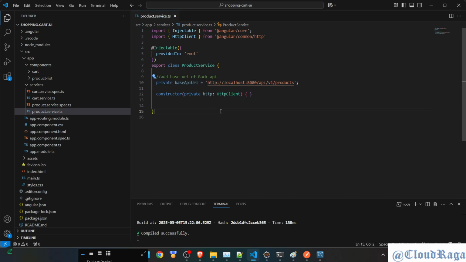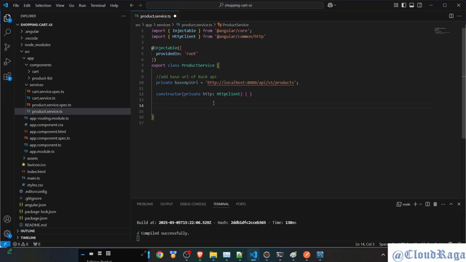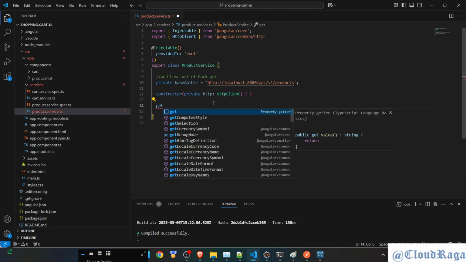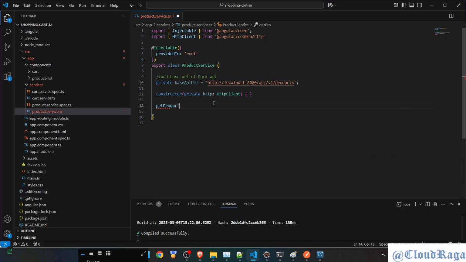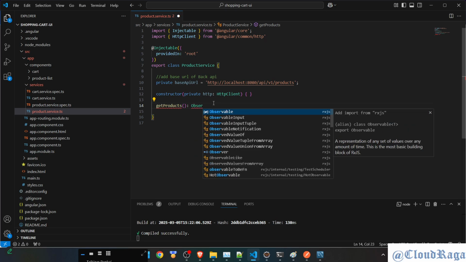Okay, so we have our base API URL ready. We have auto-wired HTTP client, so we can call APIs. Okay, great. Now let's call get product first. Why? Because that will list out all the products on our page here. So let's say I need to create a function. I'll call this getProducts, bracket, then colon, and we will import one library which works with HTTP client,